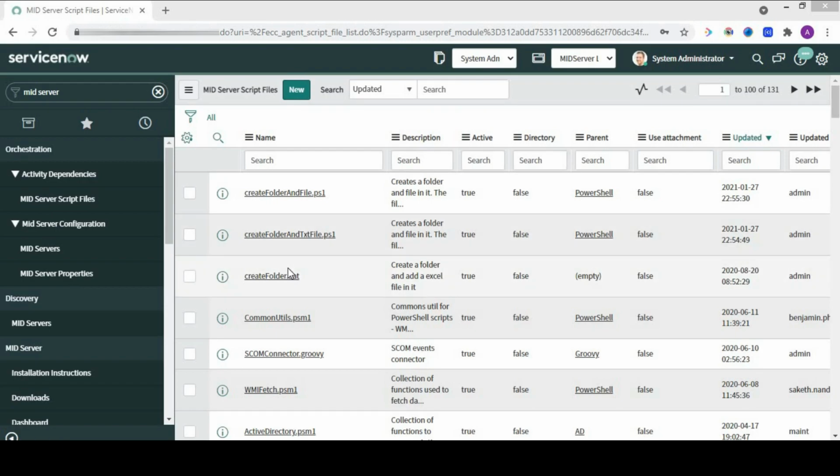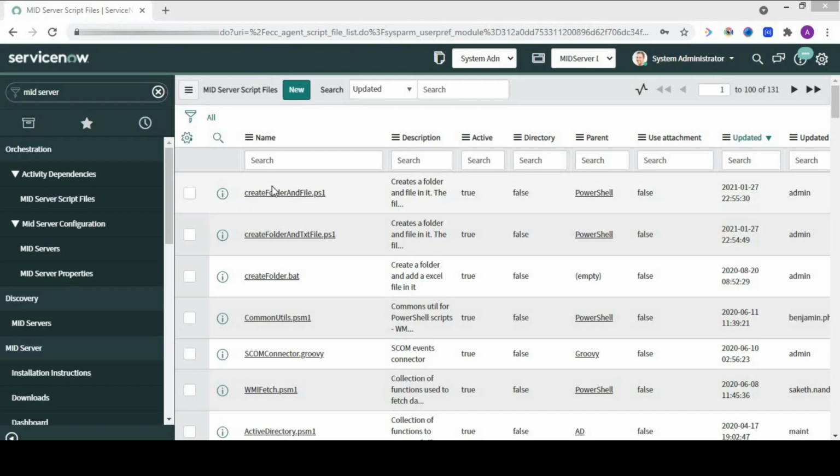Let us now discuss the mid server script file. A mid server script file can be created or found in the mid server script files module under the orchestration application. A mid server script file runs on the mid server and not on the ServiceNow instance. We just create it or pass commands and variables to it, but it actually runs on the mid server. The script files are also created in your mid server when you create them in ServiceNow. If you want to check, you can navigate to the folder where you have installed your Mid server. In that there is an agent folder, and in it there is a script folder which holds all the scripts that are present here, right?